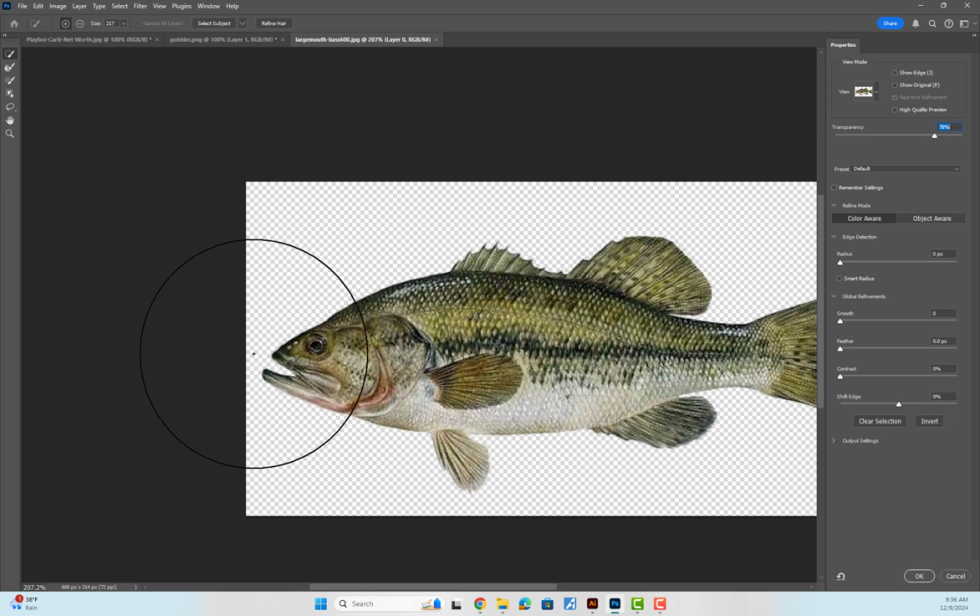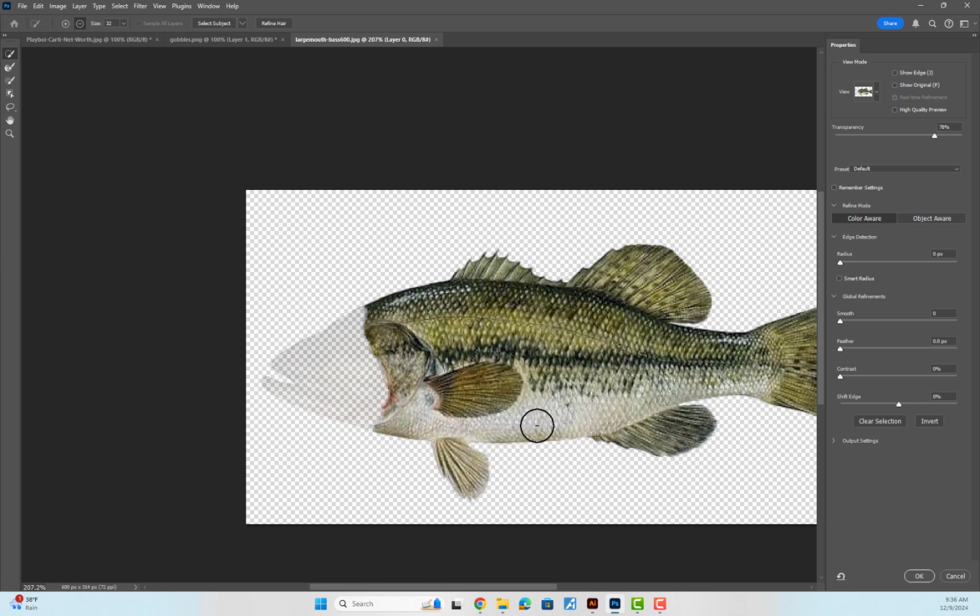Let's say I just wanted to remove the head from this. I could always come up to the top while I'm in this selection mode and choose this minus button. My tool right now is really big, the size is 217, so I'm just going to bring it down to something like that, and you could make it even smaller to get finer adjustment. And then if I do this, it goes through and removes more of the selection. So I could say enter and be done with it,